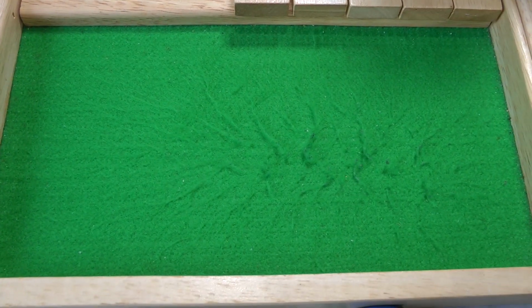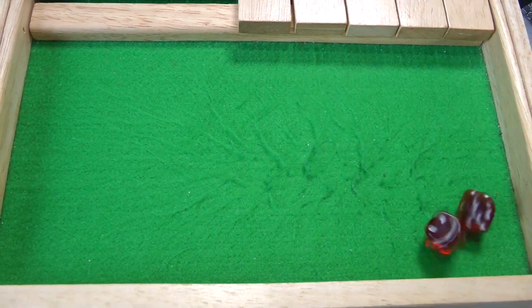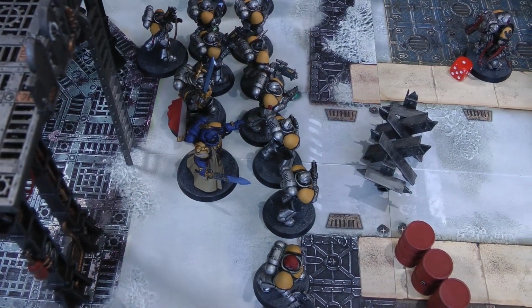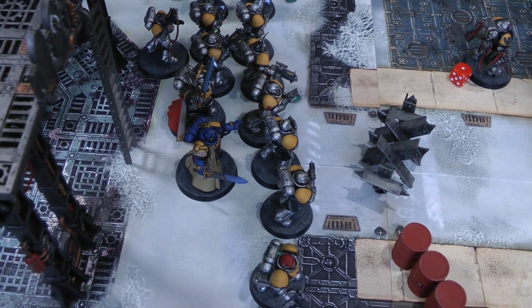Yep. And then we're going to try and cast Null Zone on the off chance we manage to charge. Well, we need an 8, because we're still using the old codex. Oh, that is an 8. So just to explain what that actually does, never seen it before. The Librarian has an aura of negating invulnerable saves within 6 inches of his person, so...